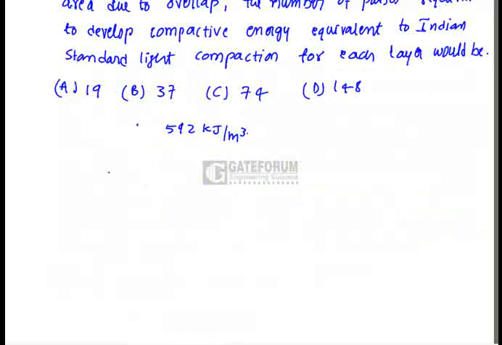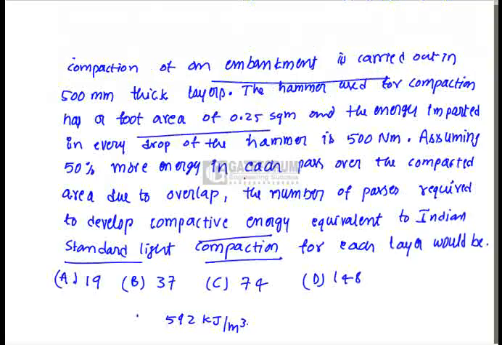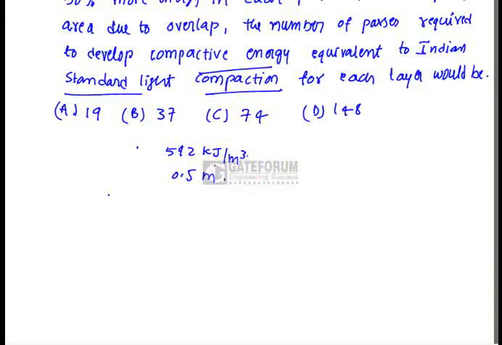And for standard Proctor test, we have to find out the energy imparted and footing area of 0.25 square meters, and it is having a thickness of 500 mm, that is 0.5 meters. Therefore, the required energy is equal to 592 by 4, that is equal to 148 number of blows,